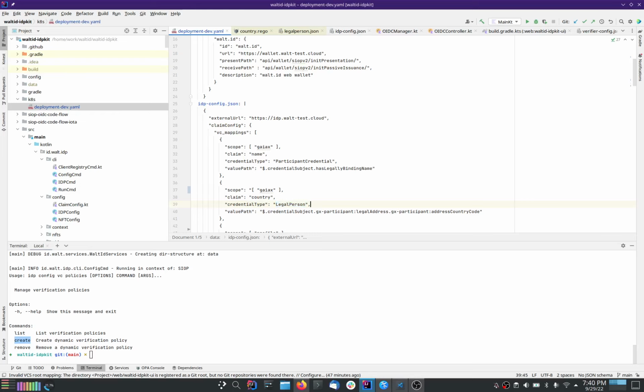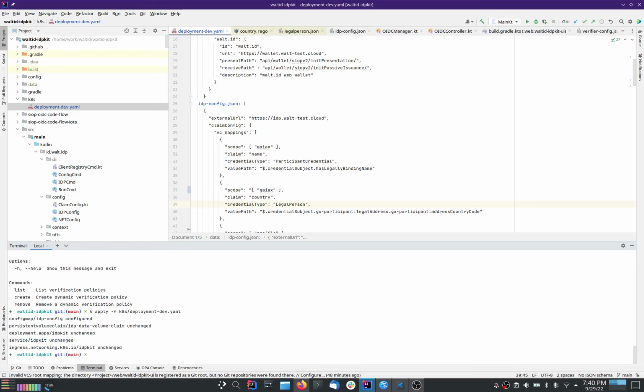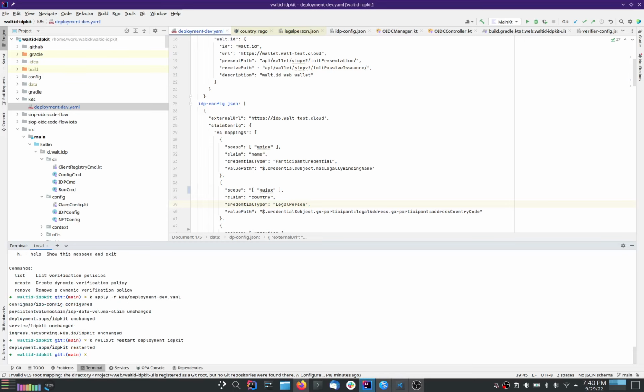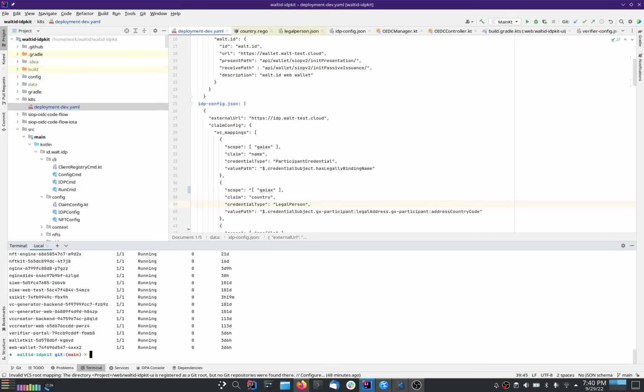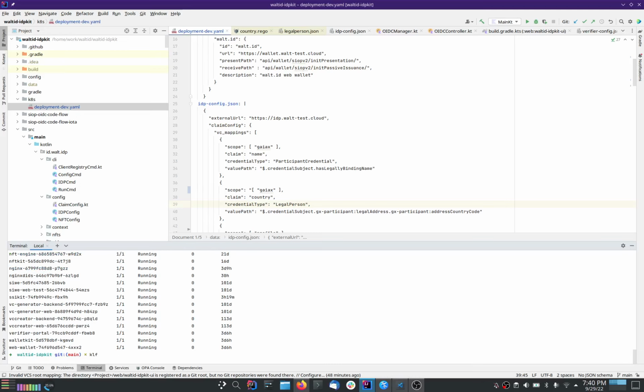So we'll see this in a minute. I will now apply this configuration change on my Kubernetes cluster, and I just say rollout restart the IDP kit, and then I just wait for the IDP kit to actually be restarted. And I can also follow the